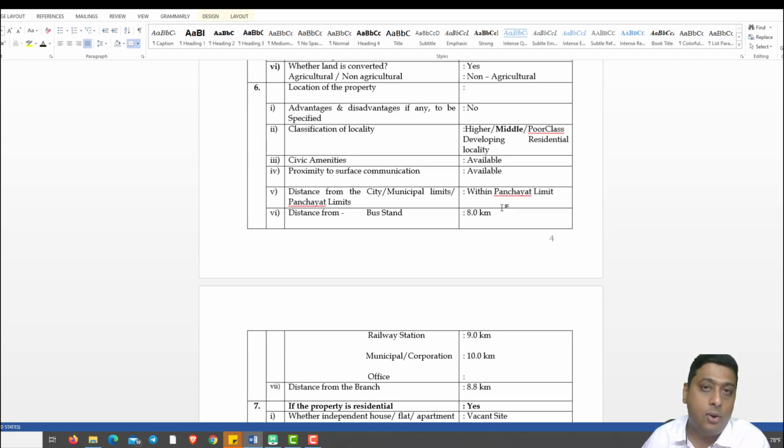In the next video, I am coming up with a concept called land locked properties. What is the importance of it for the bank? Whether the bank is eligible to give a loan for land locked properties, and what exactly land locked properties are. All those things we'll see in the next video.